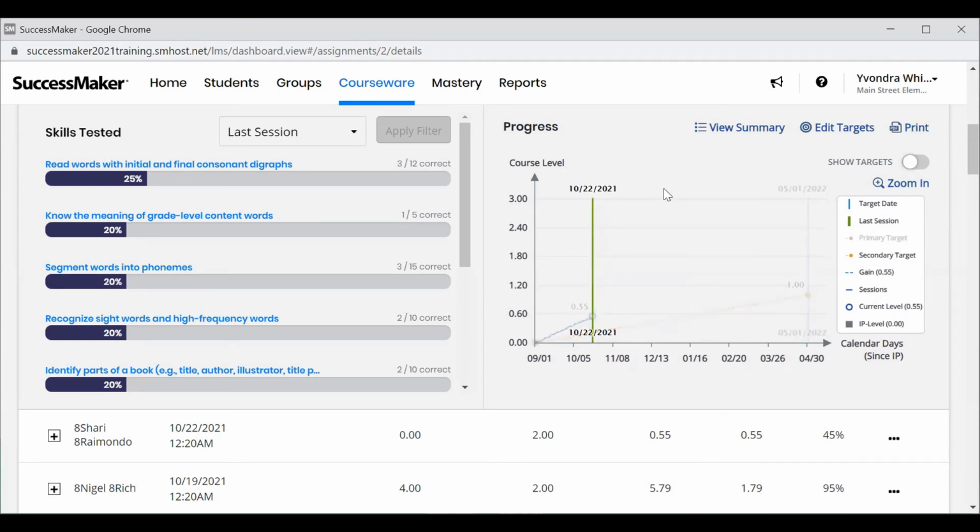And again, this is something that we can print. So at this point, we probably are not going to be looking at the progress chart so much until after students have completed the initial placement. But definitely after the initial placement,